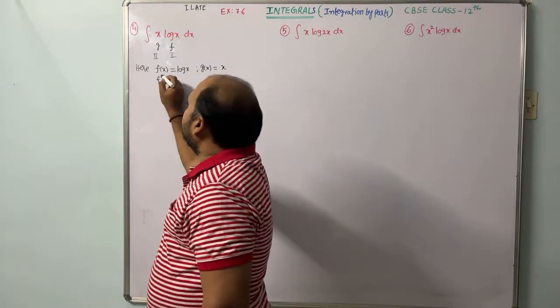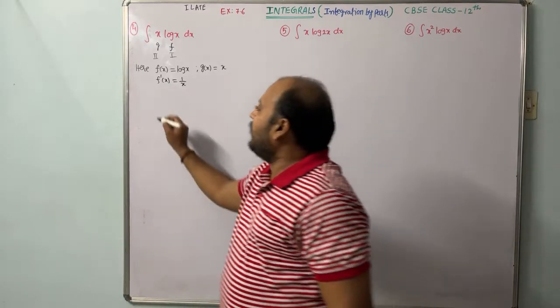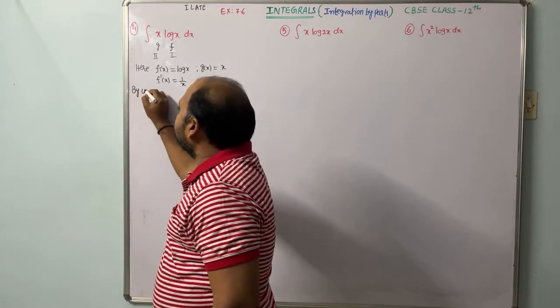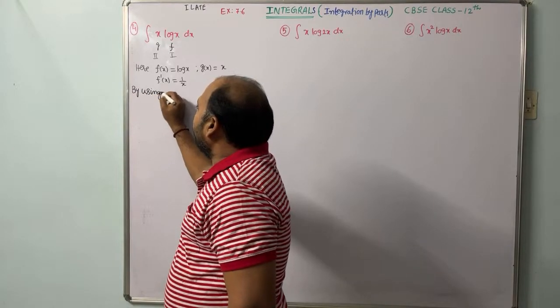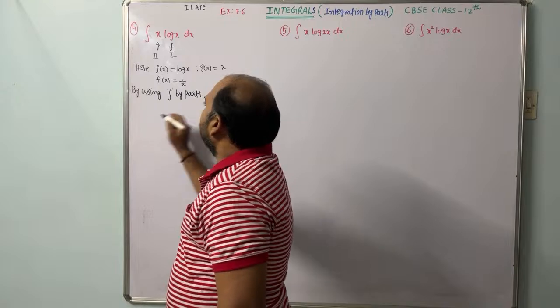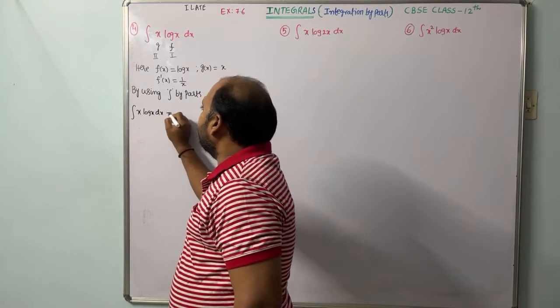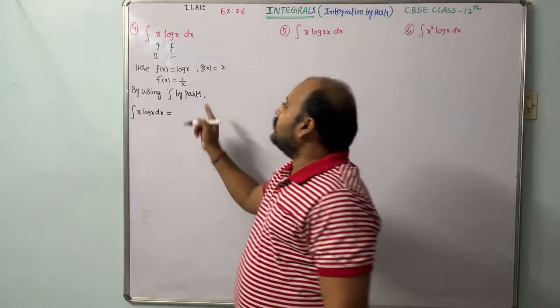So f dash of x equals d by dx of log x, which is 1 by x only. So by using integration by parts, integral x into log x dx is equal to f of x into integral g of x